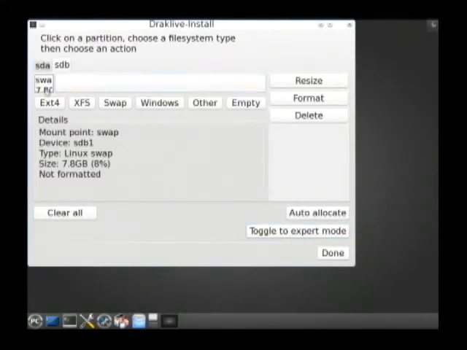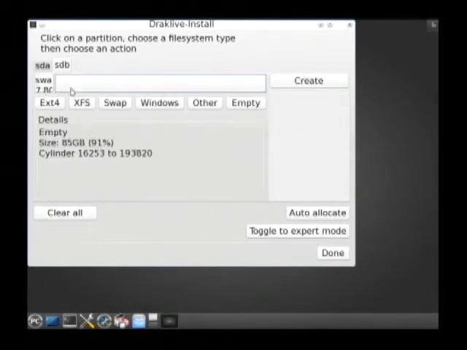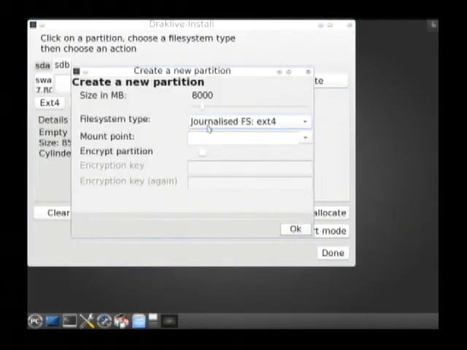And now we see on this map, I've got 2 partitions, here and here. The swap partition is there, and then there's still this blank area. I'm now going to create a second partition for my root file system. I'm clicking Create. In this case, I want to use the default journalized ext4 file system, but for size, I'm going to go about 15 gigabytes. I find I like about 15 gigabytes for my root partition. So I'm going to mount it at root